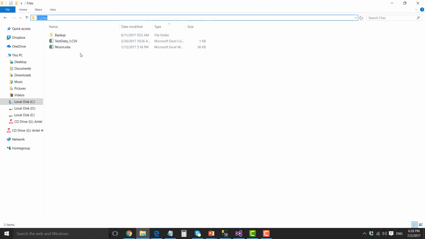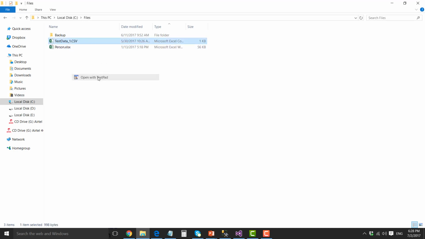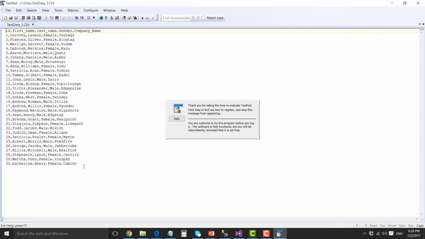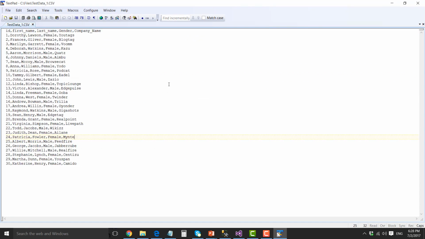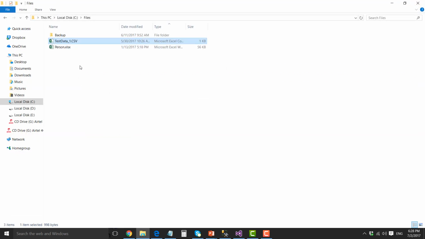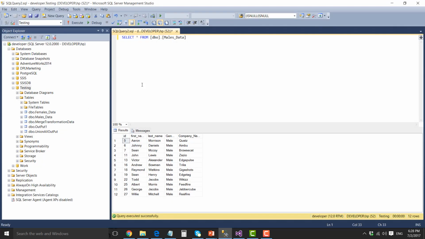This is my CSV file test_data_1.csv and it has around 30 records in it. So we'll be loading data from this particular table. So this will be our one source and this will be our left source because we are going to use the left join. So in the left join there should be two sources, the left source and the right source. So we will be using the CSV file as left source, and our another source will be a mails_data table. So it has around 12 records in it. So this will be our right source. So in the left outer join it selects all data from the left source. So our destination table should have around 30 records in it.